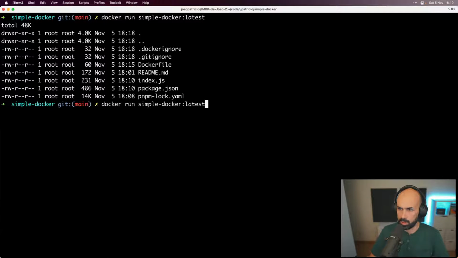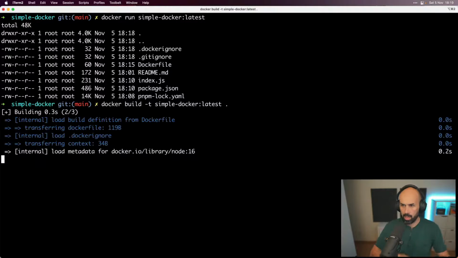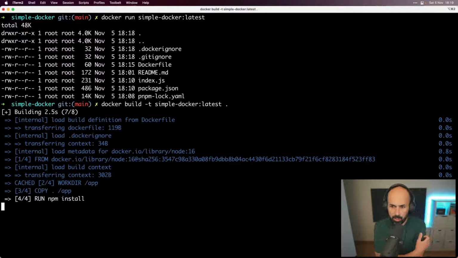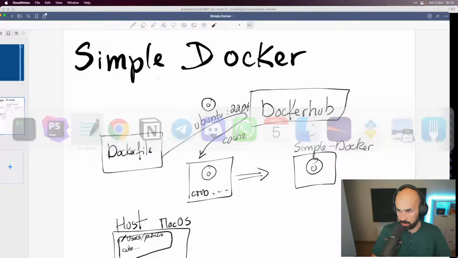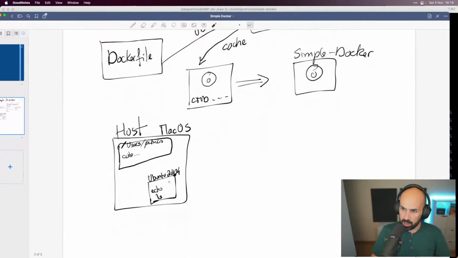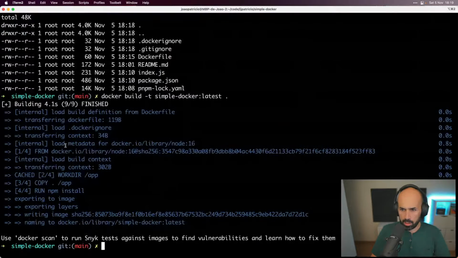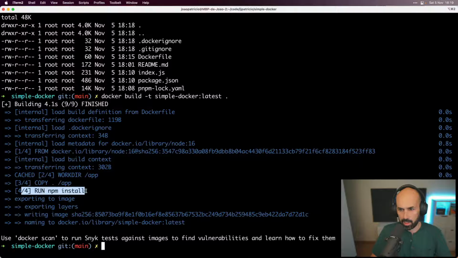So let's build it again. And now the npm install is running inside the container. Oh, it's done. So it's using the node_modules on my host machine that is ignored, but then a new one will be created inside the container because we just ran npm install inside the container.